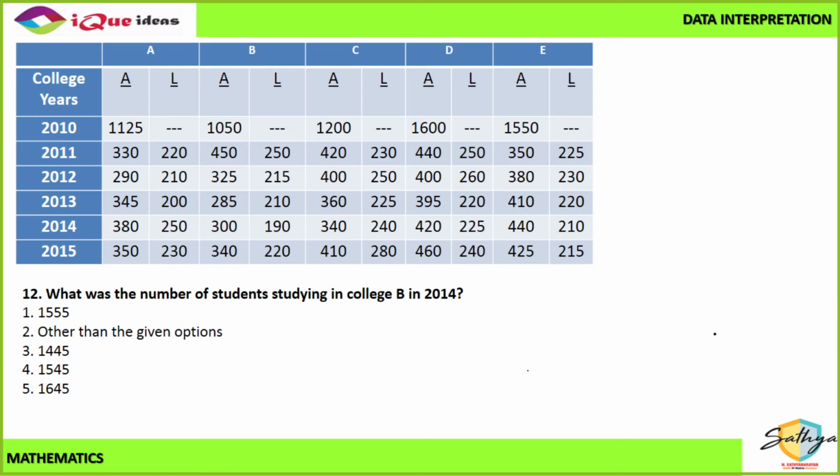Yes, Anmol, Anya, Siddhant. So what to do? Nothing. College B is this one. Till 2014 is this data. So nothing. Add the first four numbers 1050, 450, 325, 285, 300, and from that subtract the remaining numbers. And if your addition subtraction is clear, your answer should be option D. Yes, Kairavi, Siddhant, Anya, Anmol all seem to have got it correctly. I hope the others also understood how this problem was calculated.